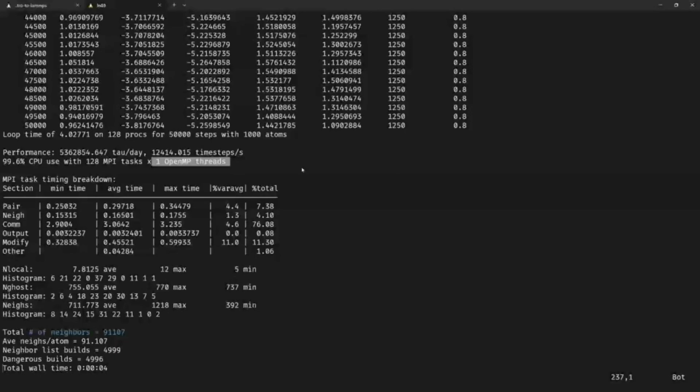You should always double check that these are correct with what you expected, to make sure that you're launching your jobs with the correct Slurm setup, to make sure that you're not underpopulating nodes, for example, if that's not your intention. And then a very important table. The MPI task timing breakdown table that you can see here tells you